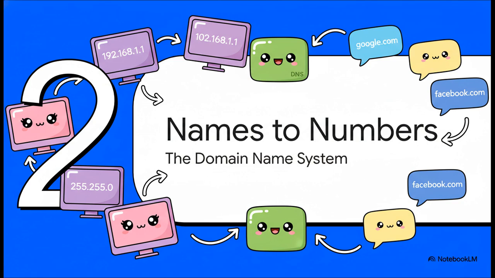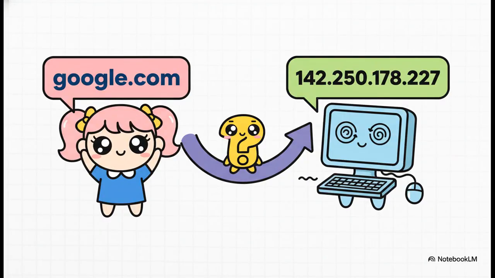Okay, so we've got these addresses, but that brings us to the next piece of the puzzle. We know that computers need IP address numbers to talk to each other, but that's not what we use, is it? We use names. And this creates a kind of translation problem that needs a very clever solution. I mean, think about it. It's far easier for us to remember a name like google.co.uk than it is to remember a string of numbers like